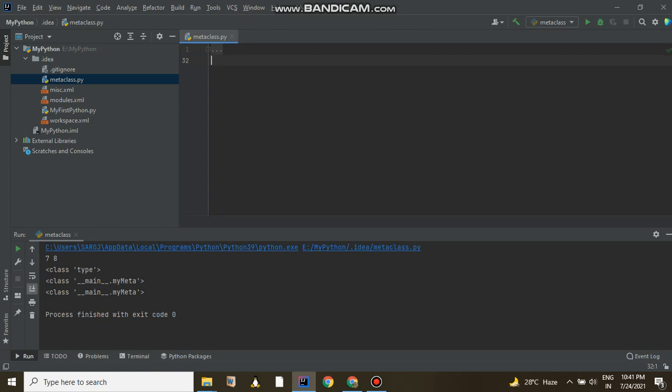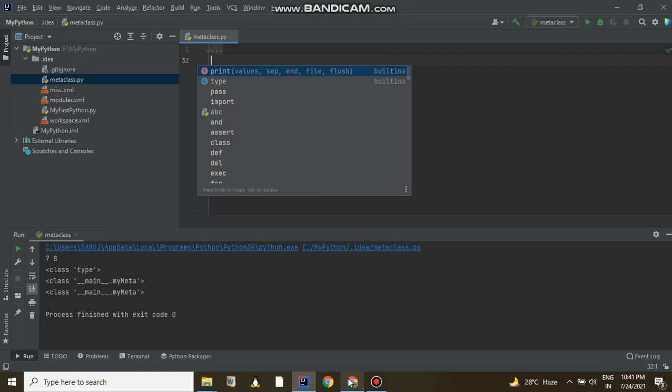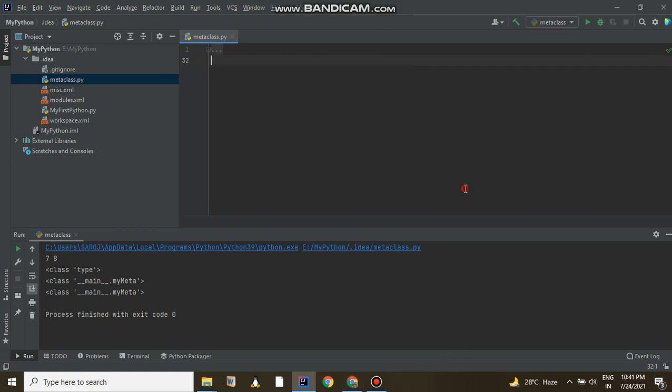So now we are moving to create another way of meta class creation, right? Whenever we are creating an object of any class, what is the first thing that is done? First it will call the __call__ method. Okay, what is the method? Let me write it here. Call. This is the call method which is associated with every object, right?